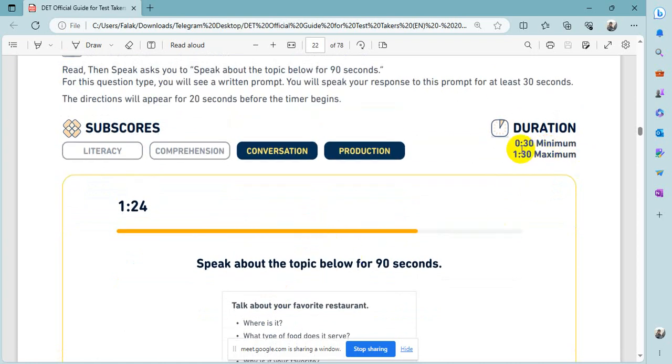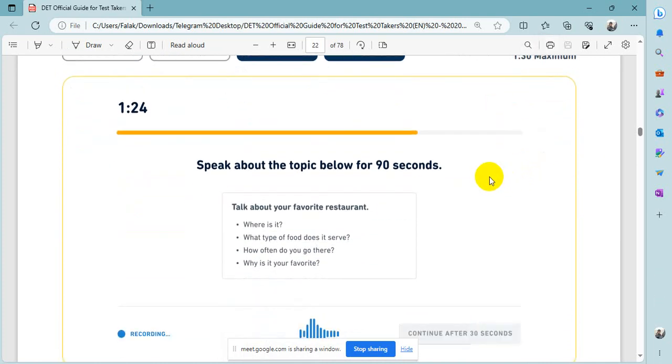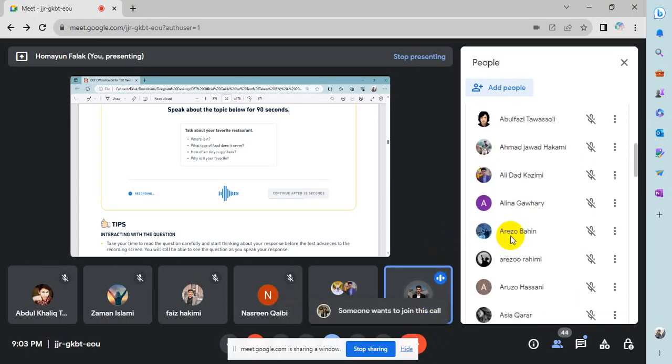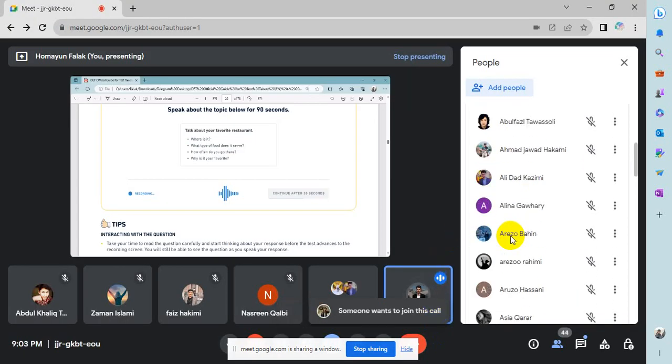So minimum, you should talk about 30 seconds. Maximum, you have 1.5 minutes, around 90 seconds. You have 90 seconds to talk. So again, the same strategies, the same techniques. Please, it's okay that they give you that, for example, if you talk about